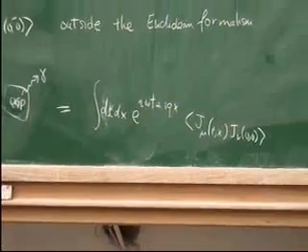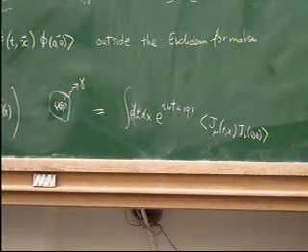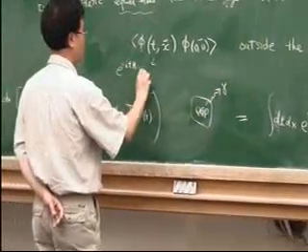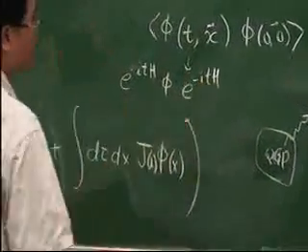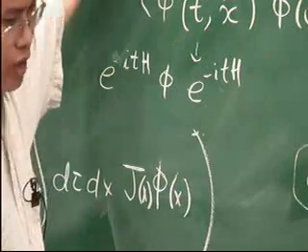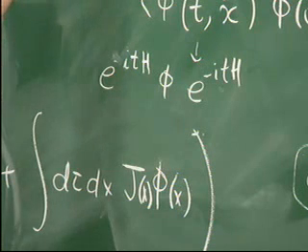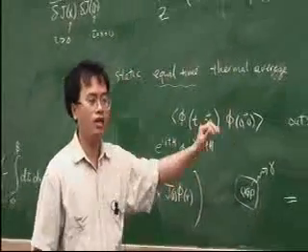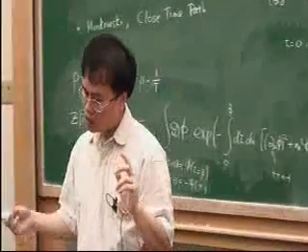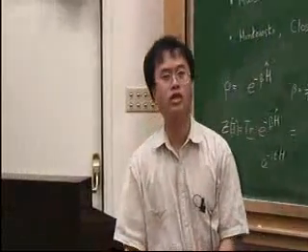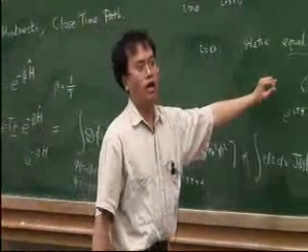Any questions? You didn't understand why it's beyond the Euclidean formalism? The time evolution here is in real time, so you cannot directly infer it from here. If you know exactly the two-point function in Euclidean space, there is an analytic continuation procedure that can tell you something about the correlation function in Minkowski space. Since it is analytic continuation, you need exact data. Any small error can potentially lead to a big error in the reconstruction of the correlation function in the Minkowski